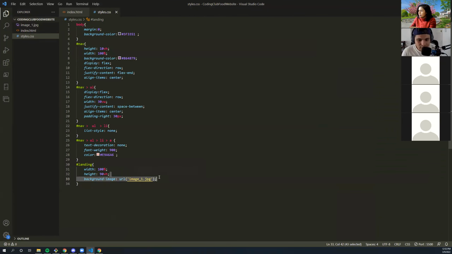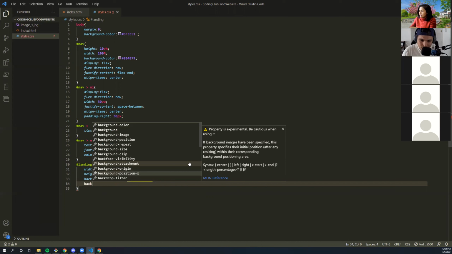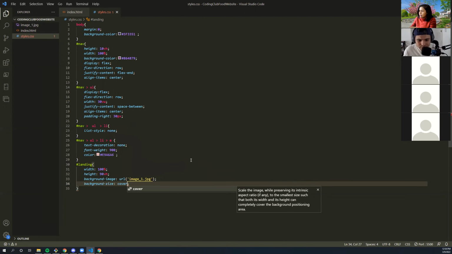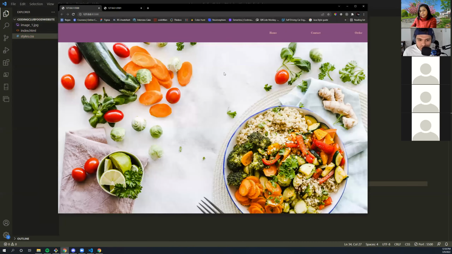It just makes sense. The image resolution and the screen resolution are two different sizes, so we're gonna have to readjust the background size to cover. So background size, and we're just gonna say cover. It's gonna fit the size of our image to the size of our div. Now we have the total picture being shown, and we can work with this a little bit better.